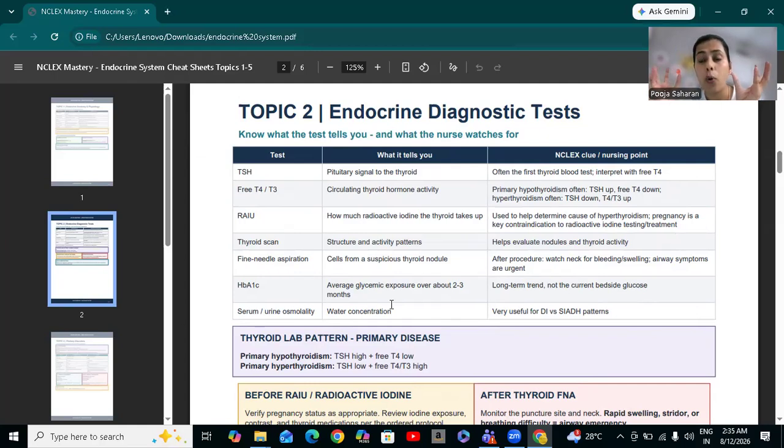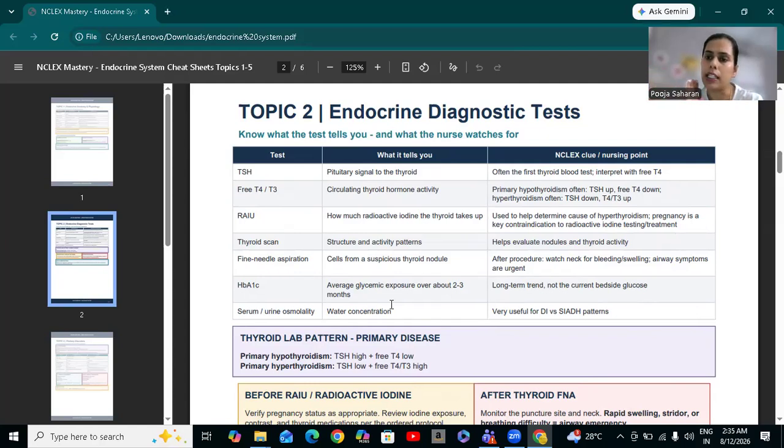So which one is more concentrated? Obviously, ma'am, the one in which the water is less, in which the dilution is less. That will be more concentrated. Or in other words, we can say more osmolality will be there. So the glass having 20 gram of sodium plus half liter of water will have high osmolality.